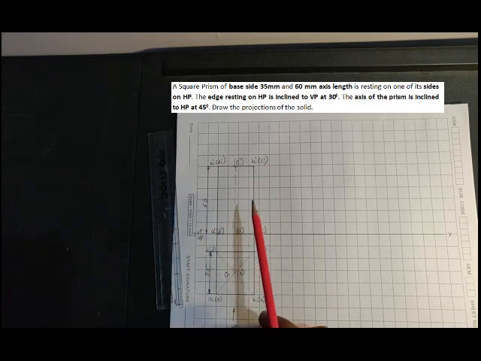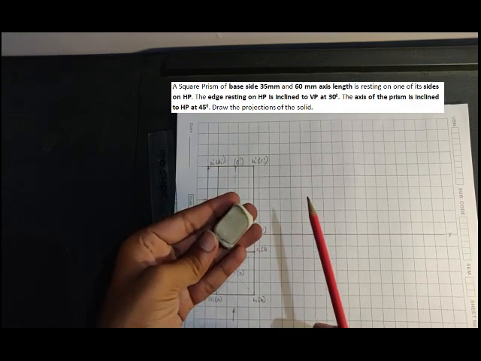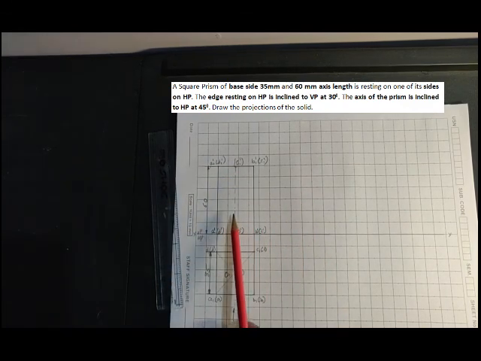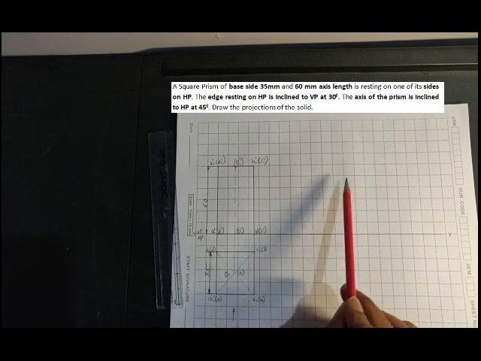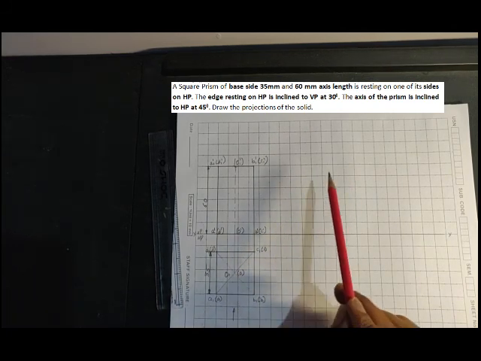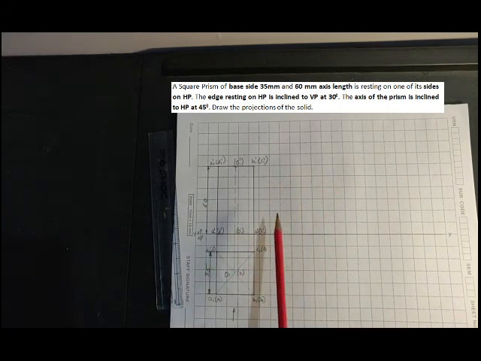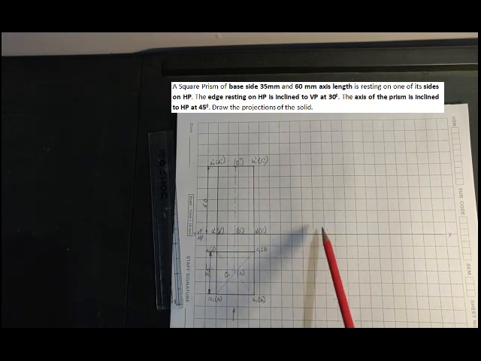Now, as I said, it is inclined to HP. I need to just incline this axis, that's all. So what I do is I'll incline this axis to HP at an angle of 45 degrees. Okay, always make sure that for the second condition, see, in the first condition it is resting on HP, in the second condition HP should be inclined. This is how we have followed in planes also.